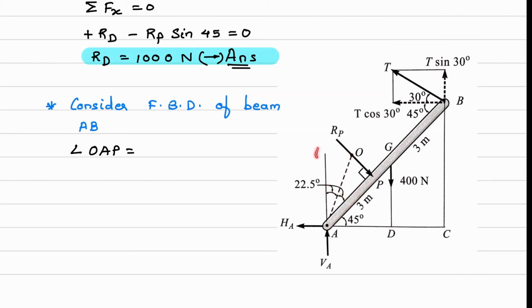How? Because here we have one tangent, here there is one tangent, and here we have the cylinder. So if you join point A and the center of the cylinder, that will be the angle bisector. So this 45 degree is split into 22.5 and 22.5. So angle OAP is 45 divided by 2, which is equal to 22.5 degree. Why is this? Because if you consider line AO, it forms the angle bisector.